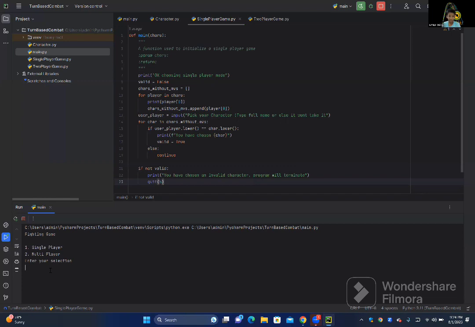Let's do, suppose, 3. 3 is not a valid selection. Process finished with exit code 5. Otherwise, it would say process finished with exit code 0. We purposely are telling it to exit with code 5 because this is going to be